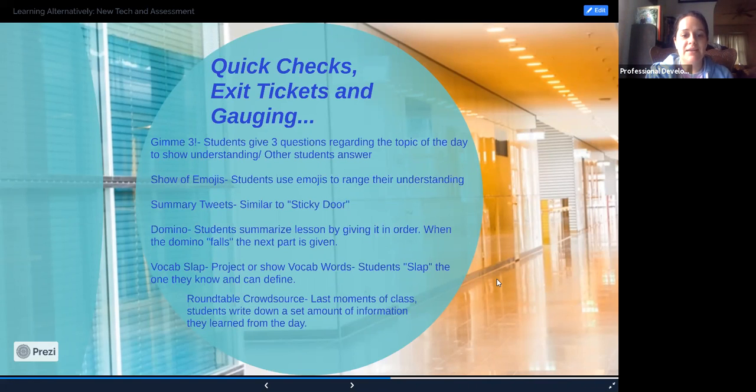The next one is Domino. Domino is where, as the kids are getting ready to leave or as they're getting ready to log out, everybody has to give a specific part of the lesson, and then the next person has to follow up on it, and the next person has to follow up on it. And it's just a good way to see who can remember each part of it. And especially with virtual, there's nobody to look